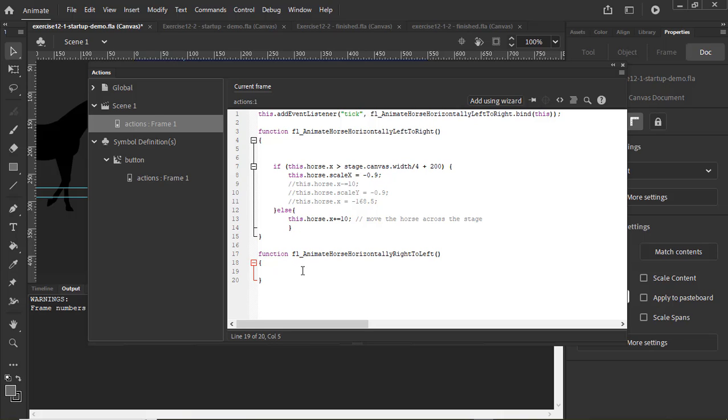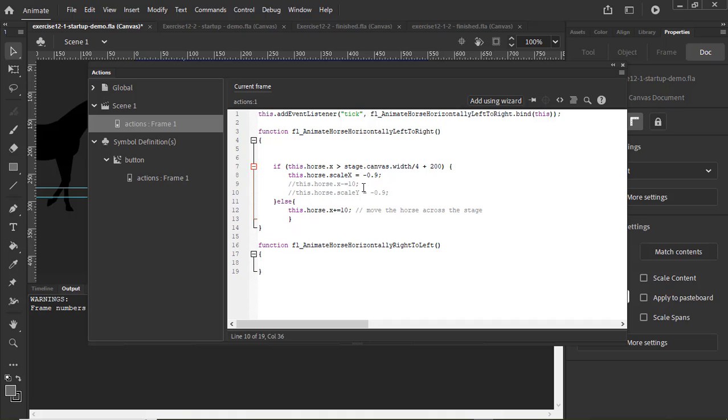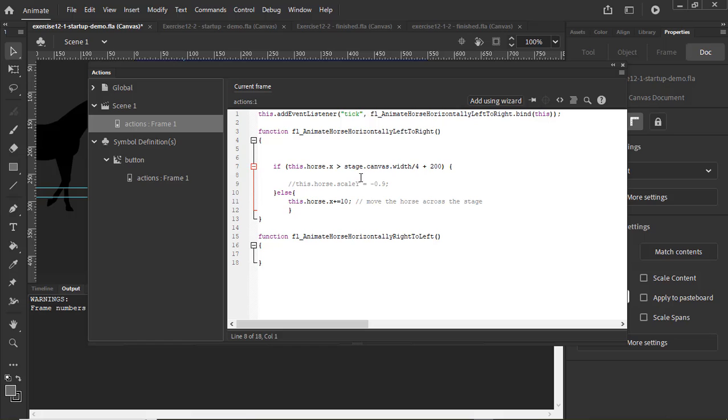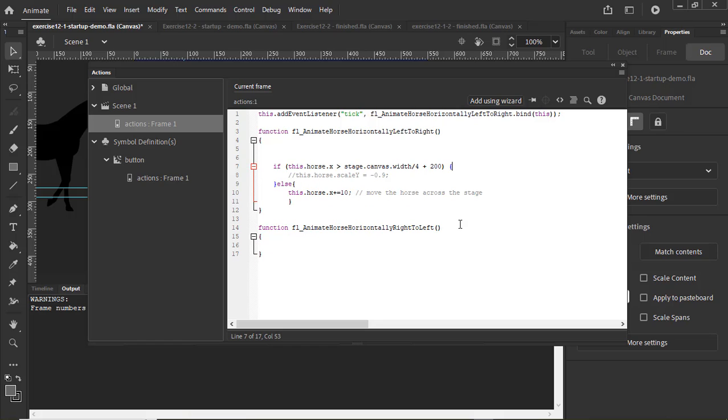And then we will actually take this scaling event and moving event. And we don't need this line anymore because we're not doing it anymore. So we're gonna take this flipping of the horse and put it here,